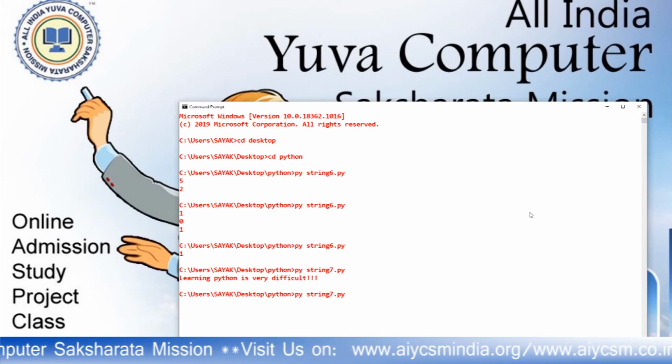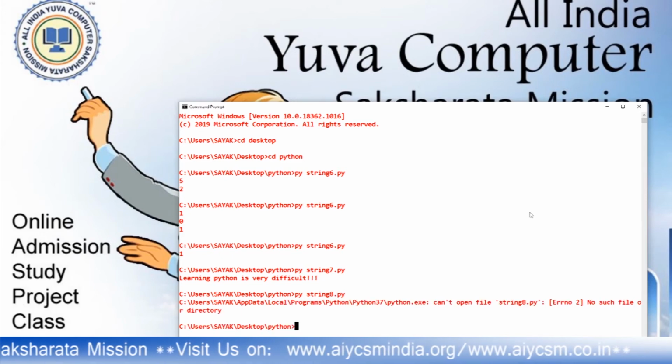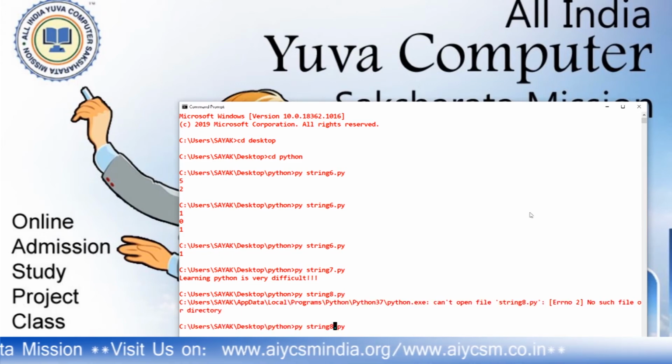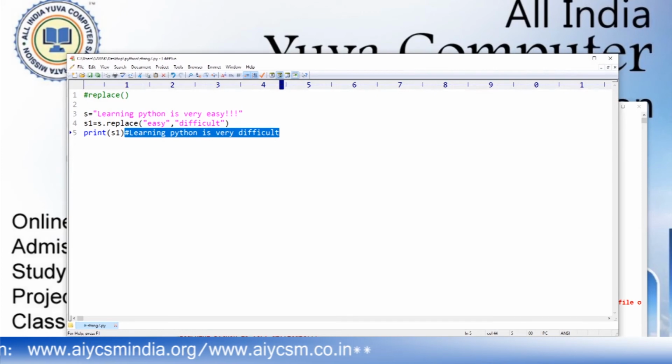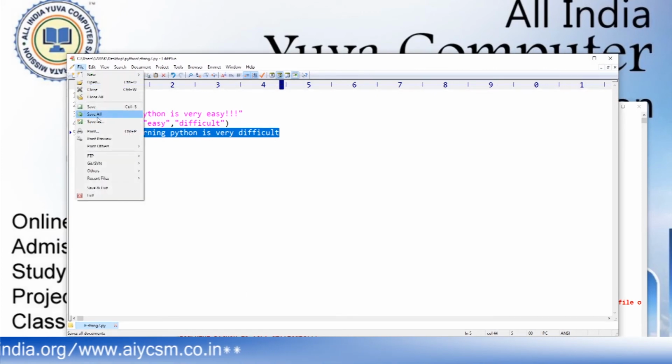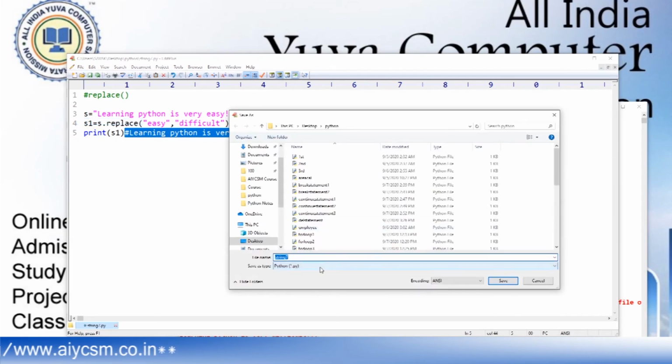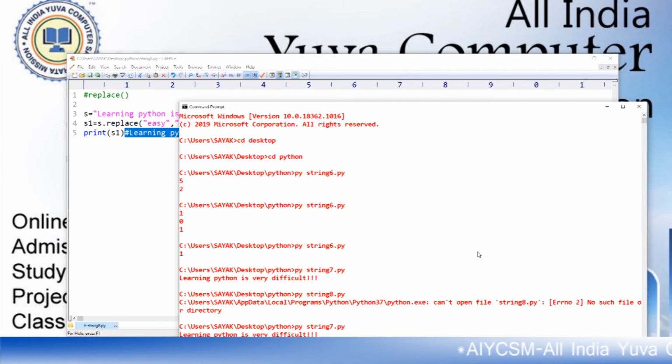What is the name of that function? String 7. String 7.py. Where did I save this? Save as string 7.py, not string 7, string 8.py. Okay, run it from string 8.